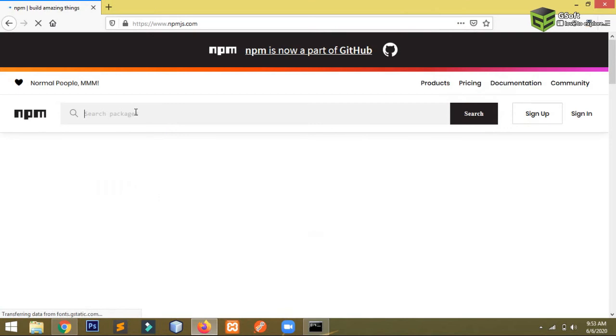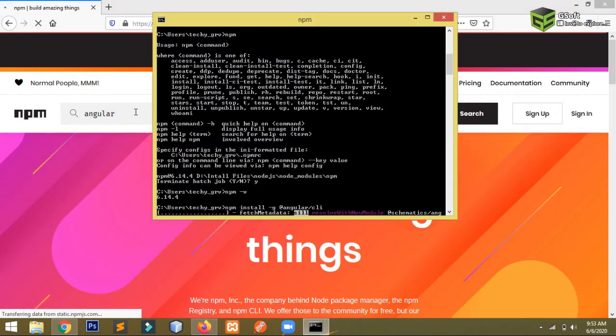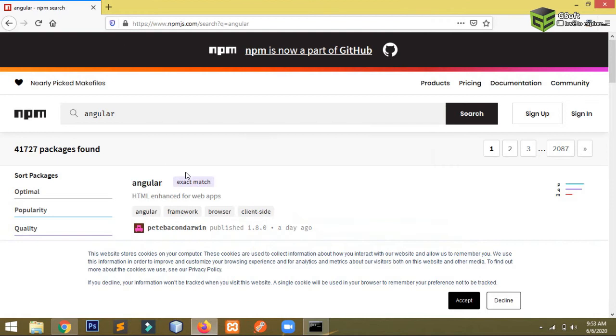You just write Angular here, and you will see the latest version of Angular, and you will also see the command which we are using here: npm install -g @angular/cli.